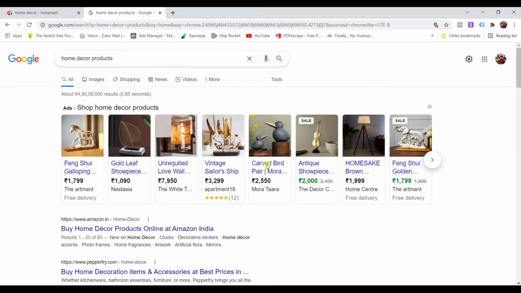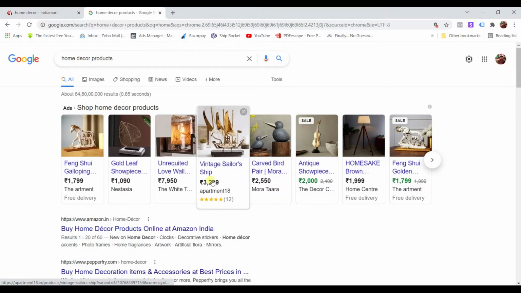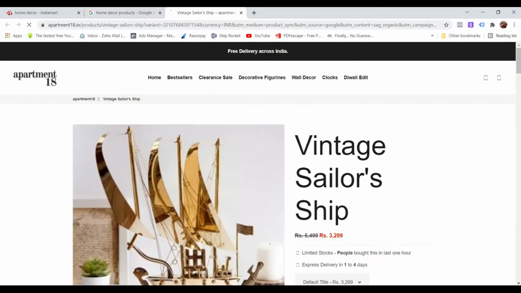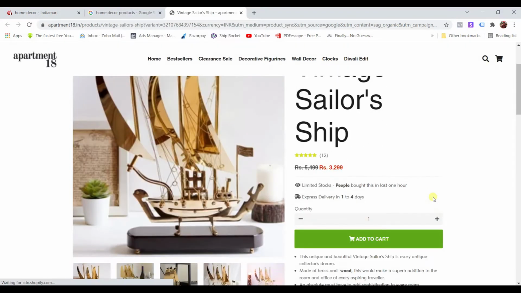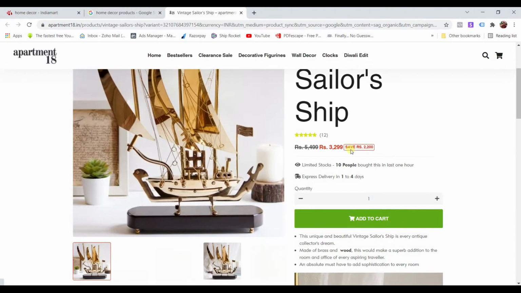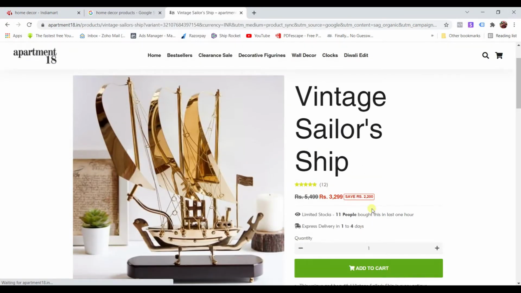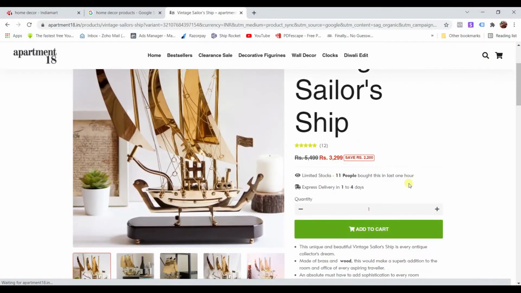And if you visit any of the stores, maybe this one we want to visit, they are selling it at around this price, sorry, 3000, more than 3000 rupees.